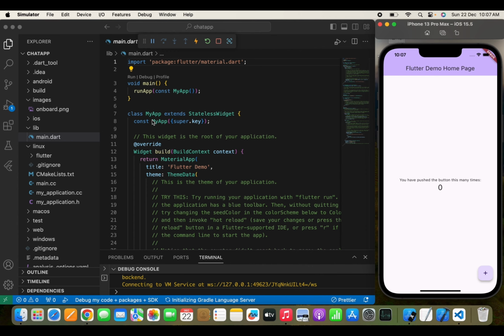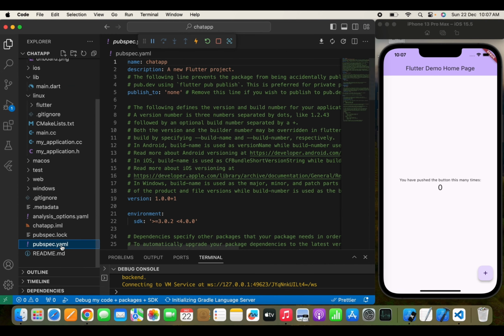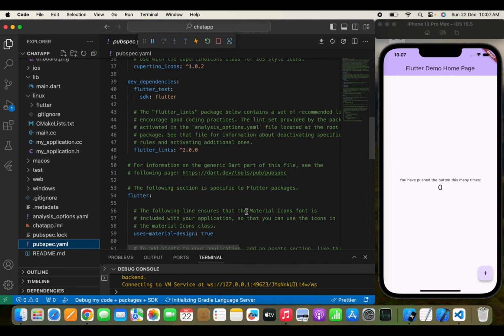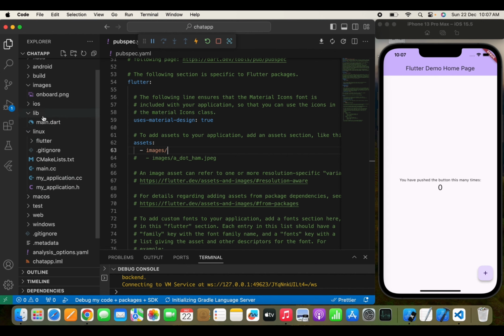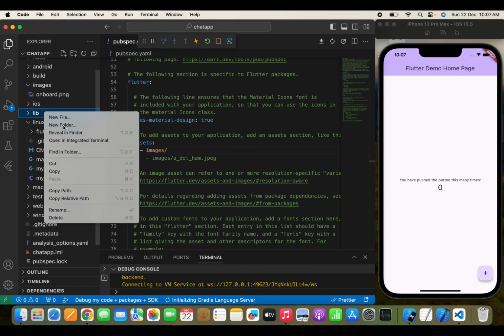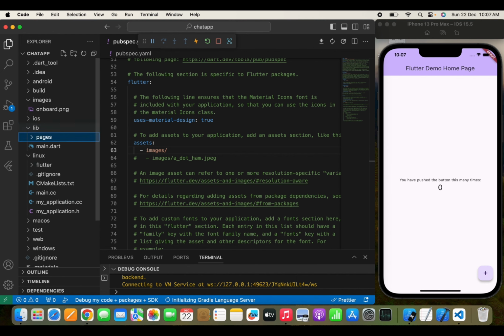Here you can see that in the images folder I have pasted one file, which is onboard.png. Now to call this image, you already know that we need to move to the pubspec.yaml file and call our images folder name where we have saved all the images. Once you have done this, let's move to the lib folder and create a new folder named pages, and inside the pages folder I will create a new file named onboard,